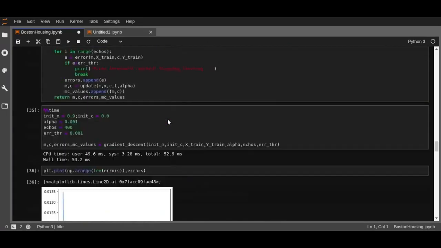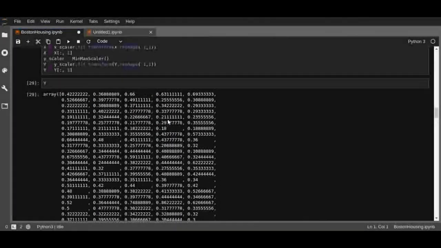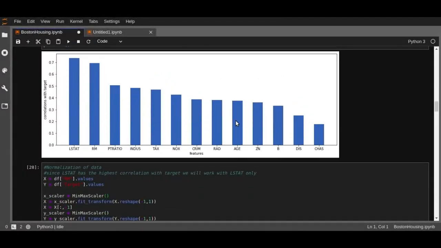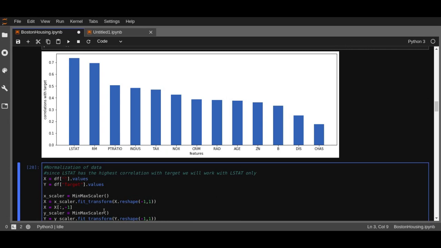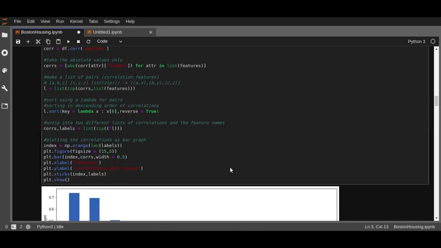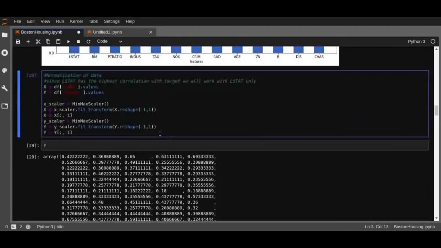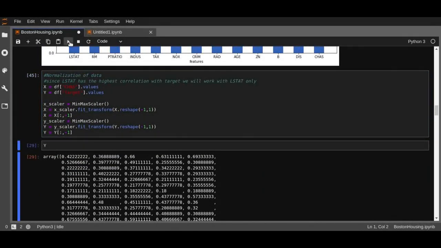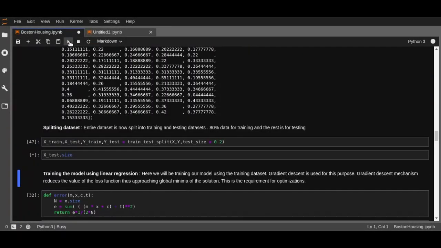Alright, now this is for RM. This is the second highest correlation coefficient value. Now let's see what happens if we use a feature which has a very low correlation value, like this CHAS. CHAS means Charles River dummy variable. Alright, so if we use this,